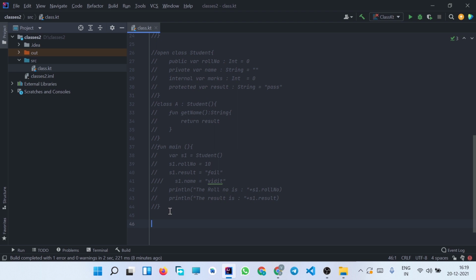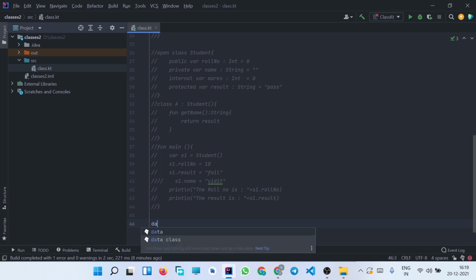So the data class, the name itself suggests that this class deals with the data of the class, or the data of the, let's say, object of that particular class. So there are some rules of declaring or creating a data class. So let us try to create a data class, and at the same time we'll try to learn the different rules about the data class.